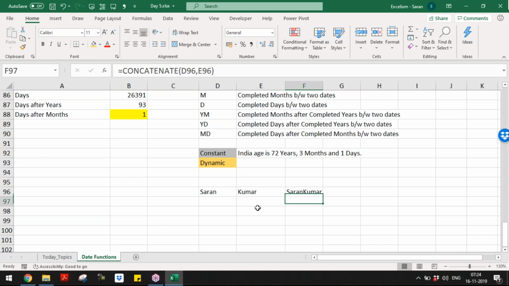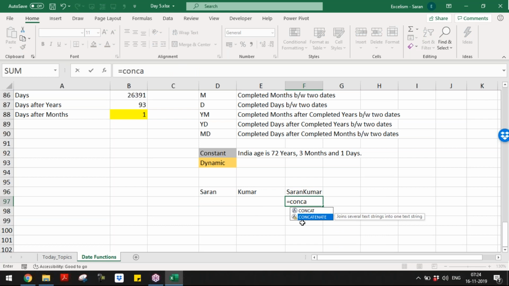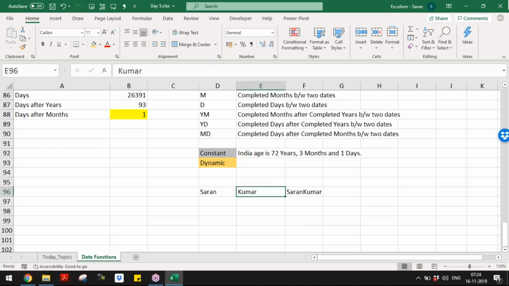While you are writing this function, have you observed, while I am writing CONCATENATE, are you finding there is a small error symbol here? What is the meaning of it? That means the CONCATENATE function is part of the compatibility category now. I'll explain this. So first let me start talking about this, then we'll go into that. CONCATENATE is the function